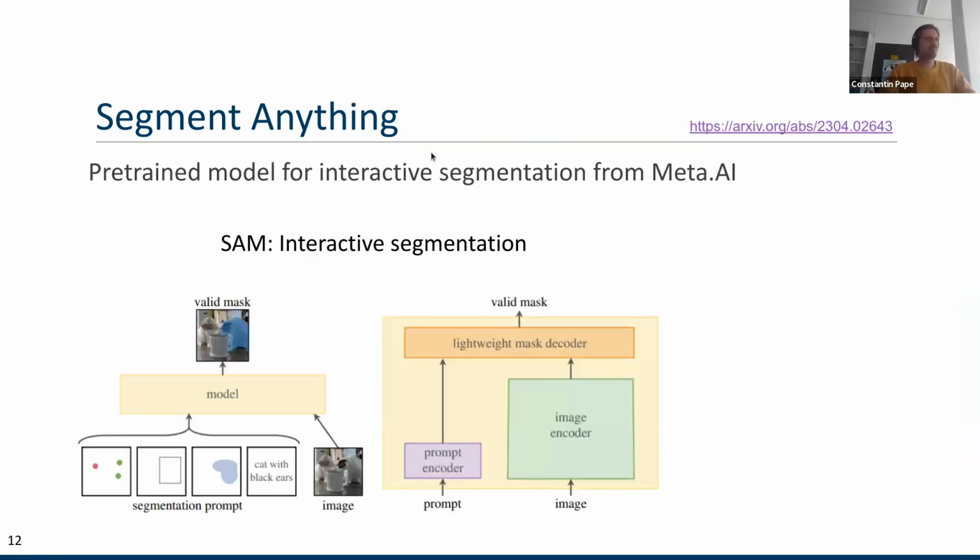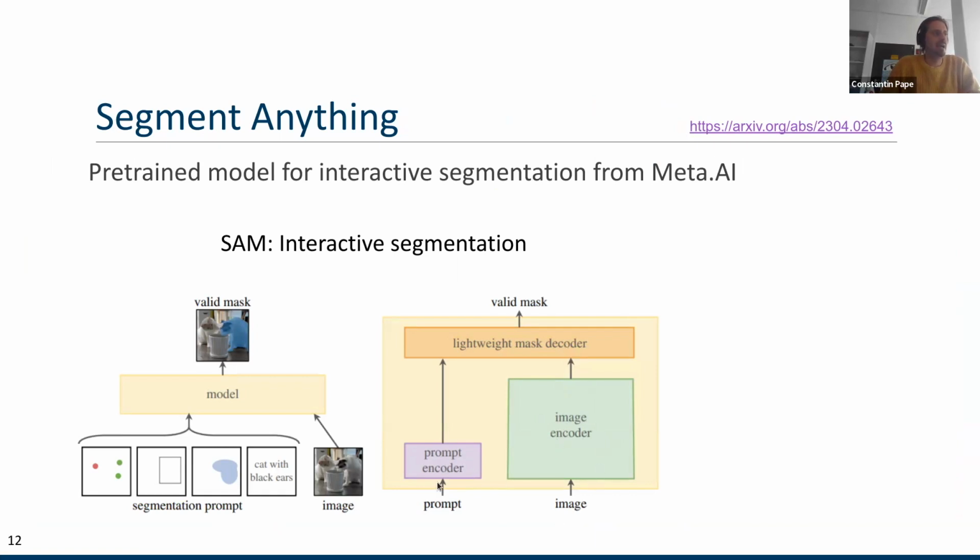So how does this model work in a bit more detail? Right, so we basically have 3 parts to it. The first part is this big image encoder here. This is a vision transformer. As we've seen before, one of these transformer models, but not applied to text, but rather the underlying image. And this also has the majority of the parameters of the model, and it only sees the